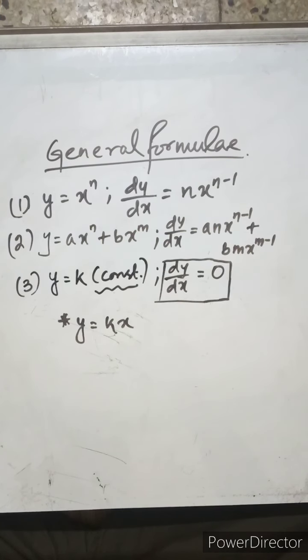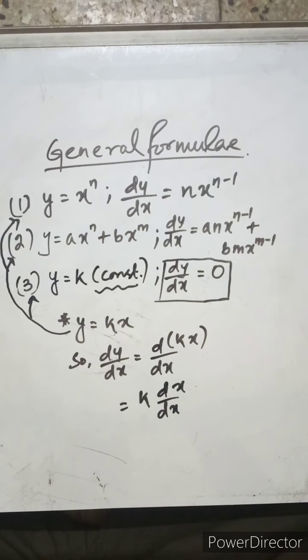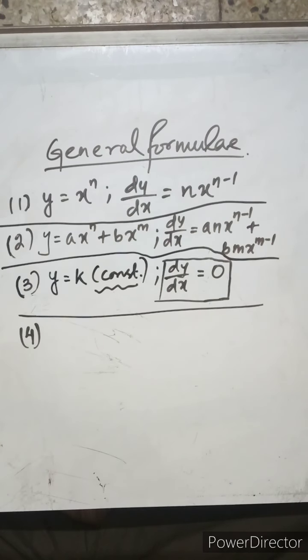So I take a sub case over there, that y is equal to k times x, that is some constant multiplied by x. So all three cases can come up over here. So we have dy by dx is equal to d by dx of k times x. Now k is a constant, it goes outside as we have seen in the second case. So d by dx of x: x is x to the power 1, so 1 times x to the power 1 minus 1, 1 minus 1 is 0, so x to the power 0 is 1 again. So all we have left is k.